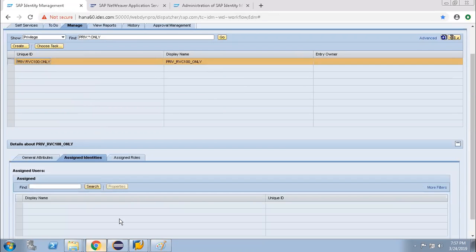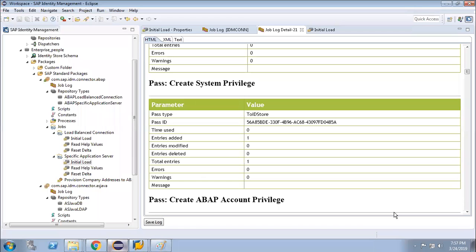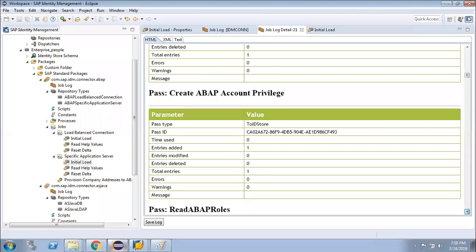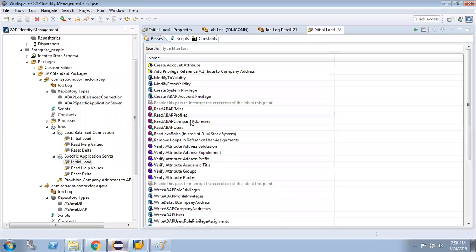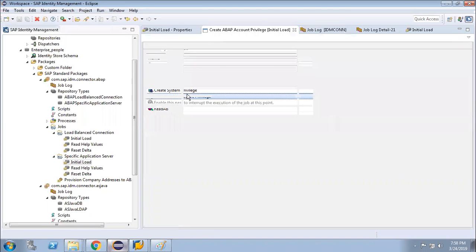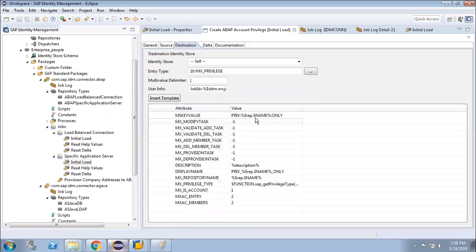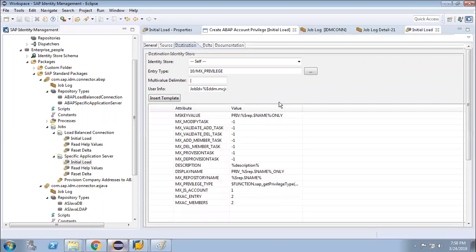Okay, so that is created. Now create account privileges is created in the database. If you go to the account privileges creation, now just check this one, the account privileges. Okay, the system privileges.